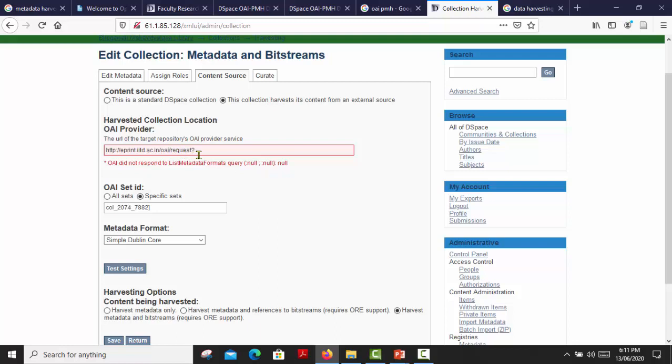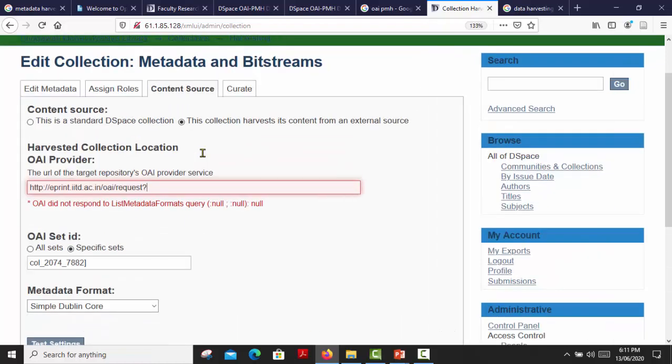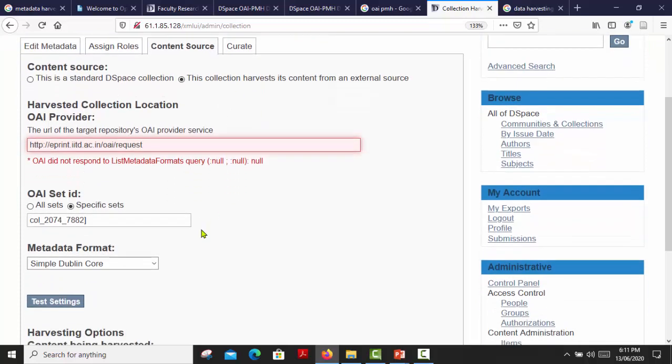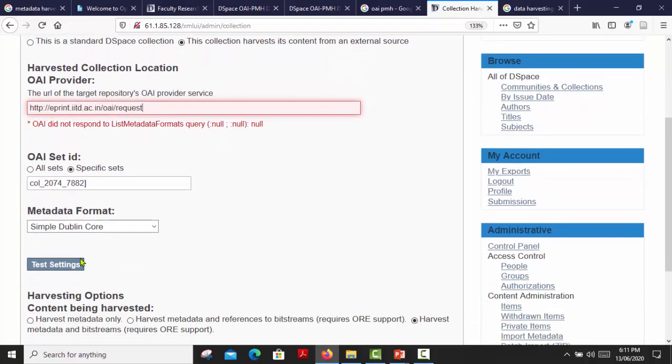Why? If you look carefully in this box, we have added a question mark, but it was accidentally inserted. We have to delete that question mark. So I deleted it. I'm again going to test the setting.